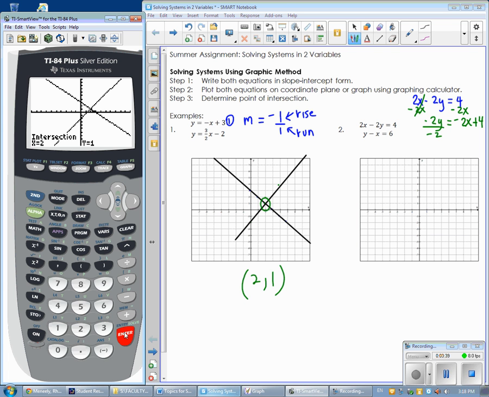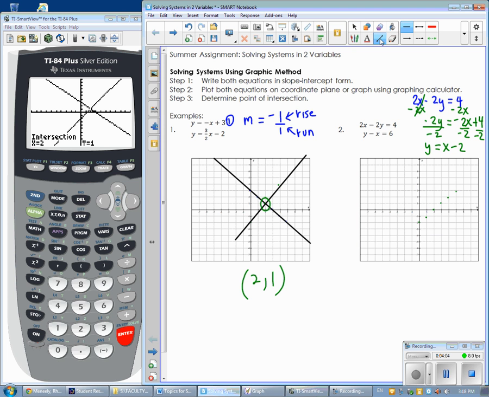So if I'm going to divide the y by negative 2, every single term in the equation gets divided by negative 2. So this equation becomes y equals negative 2 divided by itself is just going to be 1. So I'm going to have x, and then 4 divided by negative 2 is going to give me minus 2. And so my equation becomes y equals x minus 2. So my y-intercept is at negative 2. My slope is 1. So if I rise 1 and run 1, I can go ahead and